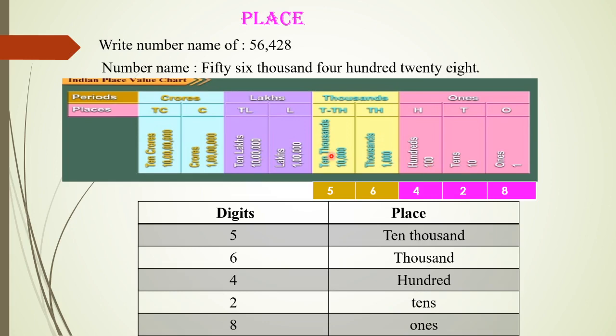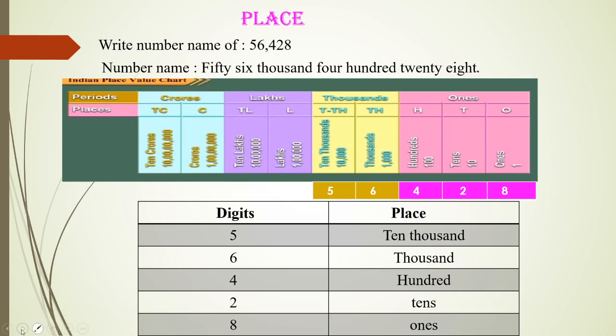Now imagine if 2 is here in this box below the 10 crores box, then how will you find the place of this 2? Yes, the place of this 2 will be 10 crore. The same goes for crore, then 10 lakh, then lakh. So it is very easy to find the place. You have to just look at the number, divide it into its places, and find the places. Okay, so this is about places.